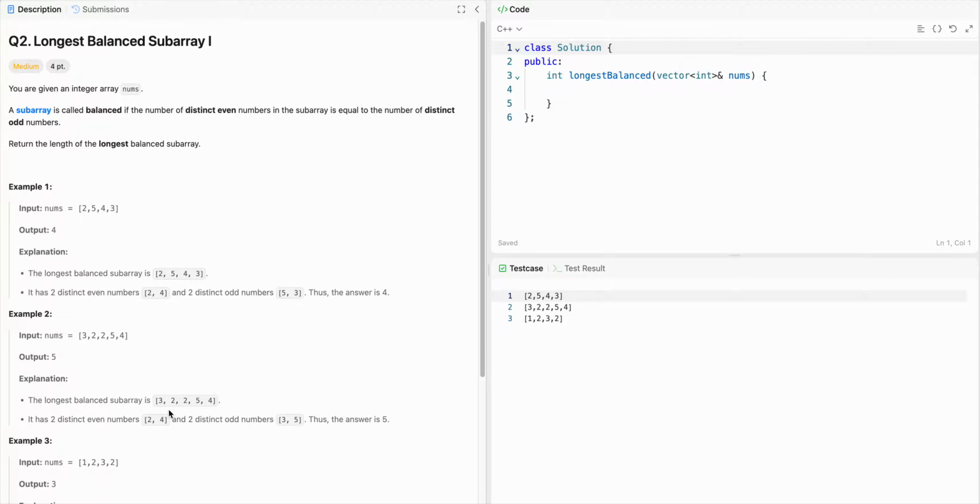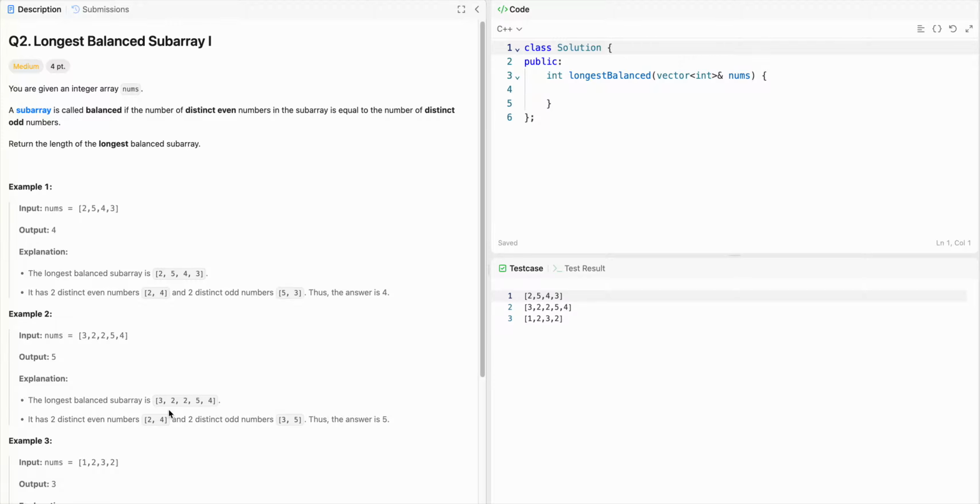On the even set we'll push the elements that are even, and on the odd set we'll push the elements that are odd, and if the size of both of those sets is equal, then the answer will be max(answer, r - l + 1). We can do this by two pointers, but how do we move the pointers? So in order to move the pointers,